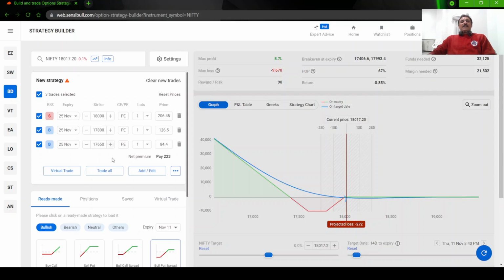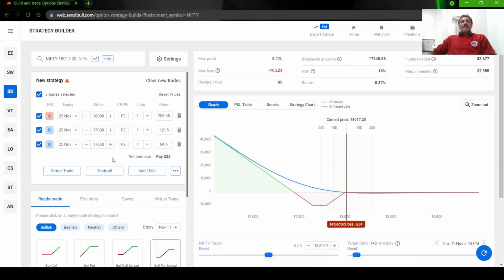Okay. Consider that we go to 17,650. 50 points we are moving to 17,650. So here we are going to pay a very small debit, means 220 rupees. 220 rupees means your brokerage itself for all the three trades will be 120 rupees both ways, right? 60 rupees one way, 60 rupees the other way, plus we have charges and other stuff, everything. So that itself will eat up about 150 rupees. So we are not going to get anything out of it. So what we are paying is around 220 rupees. This is as good as a zero cost trade.